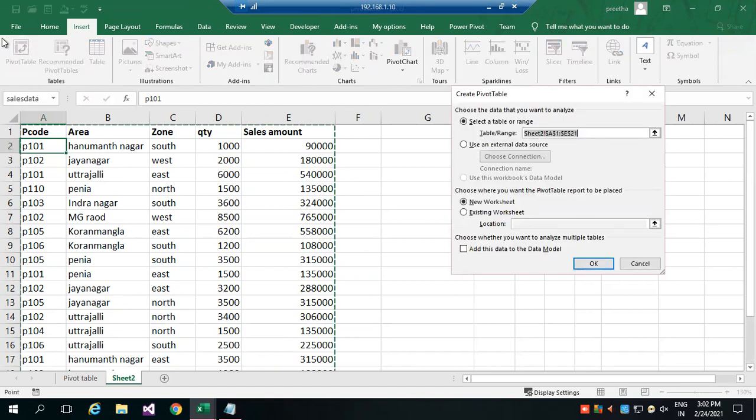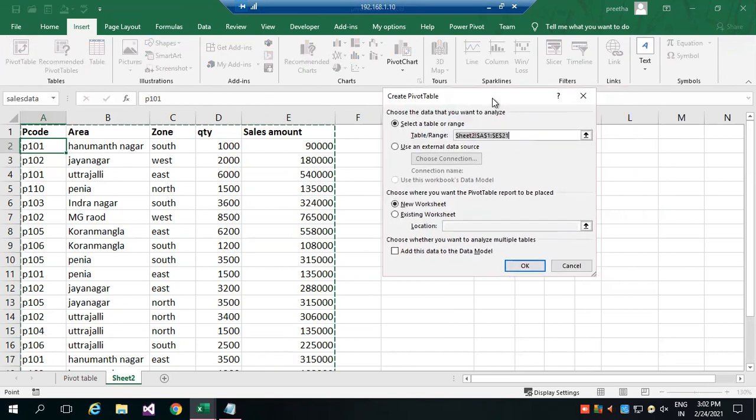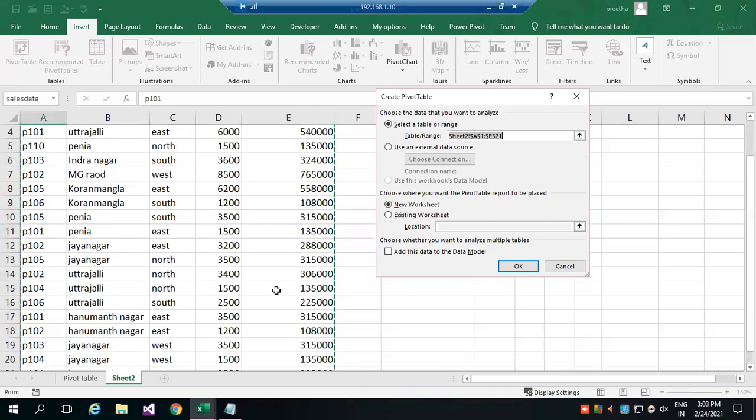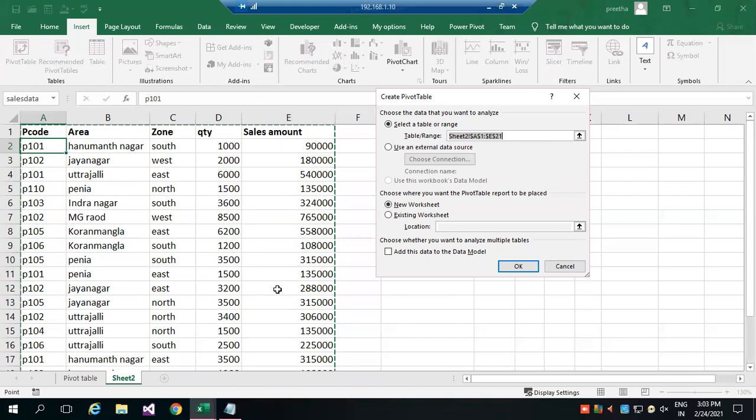As soon as you select the option, you will get the create pivot table dialog window, where the data is automatically selected. See to it that in the table there are no blank rows or blank columns. Make sure there are no empty rows and columns.